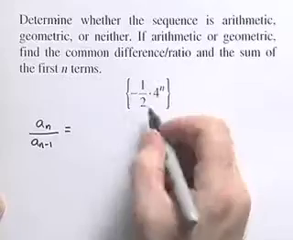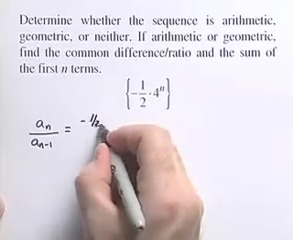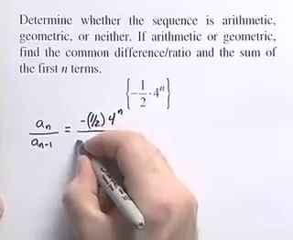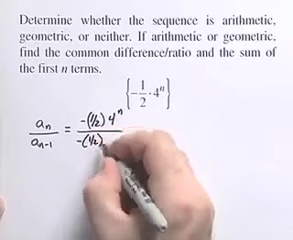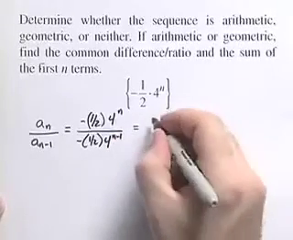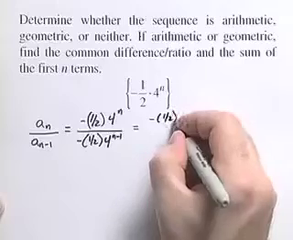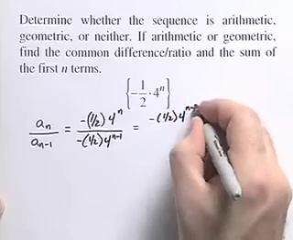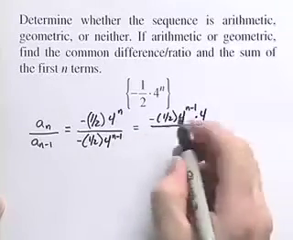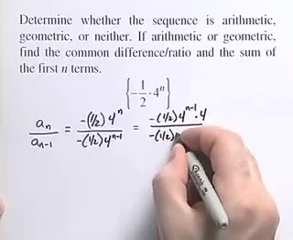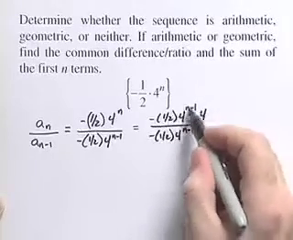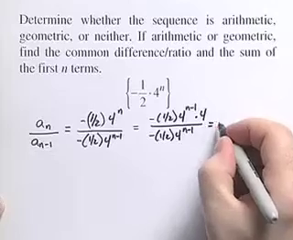This is a sub n that we're given here, so we'll have negative 1/2 times 4 to the nth power. That will be divided by negative 1/2 times 4 to the n minus 1 power. We can rewrite that. So it'll be negative 1/2 times 4 to the n minus 1 times 4, over negative 1/2 times 4 to the n minus 1 power. We notice that this negative 1/2, 4 to the n minus 1, cancels, and we get that this ratio